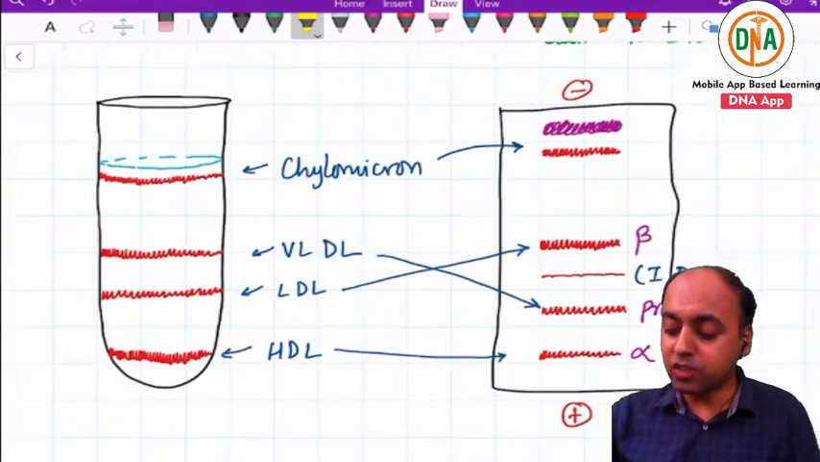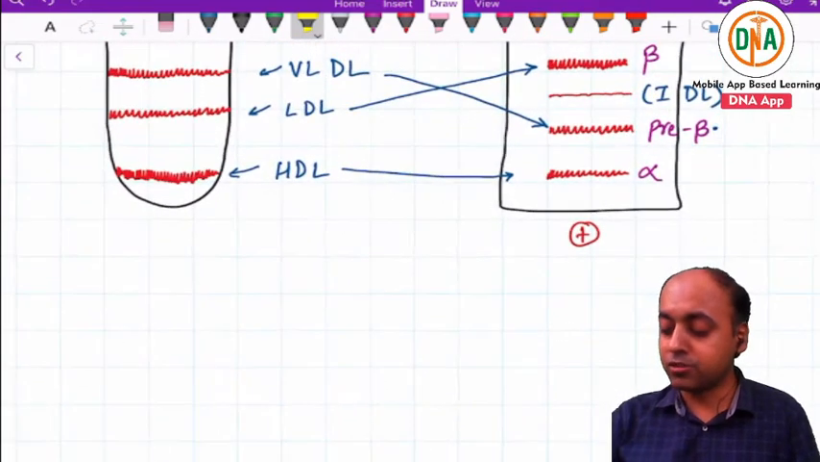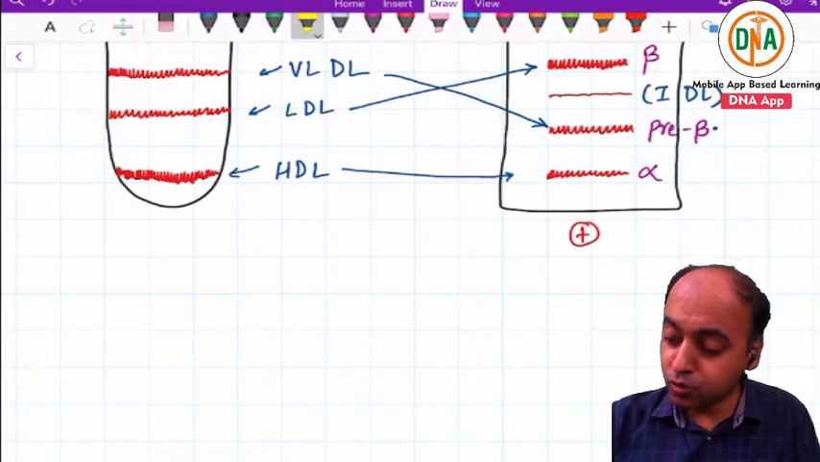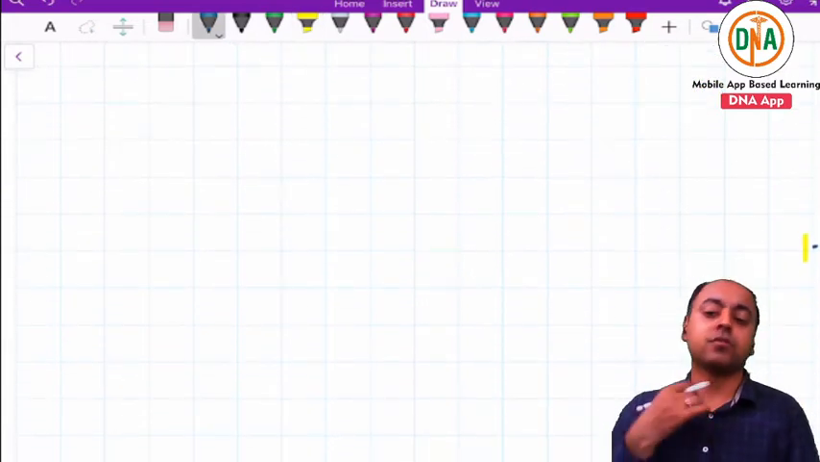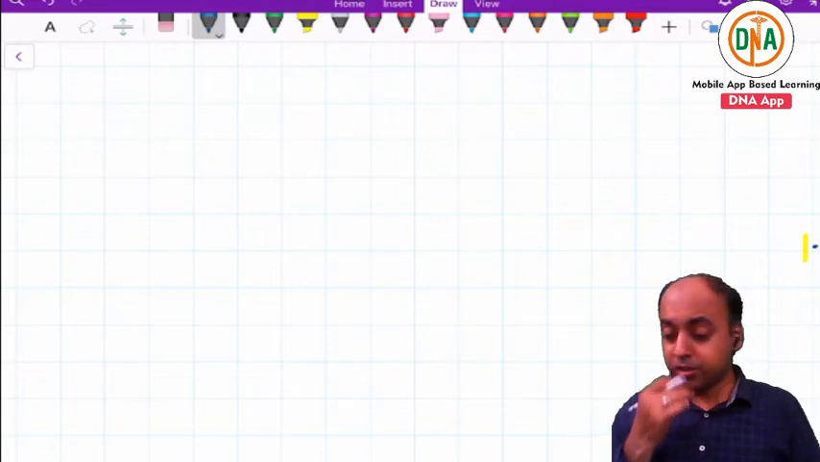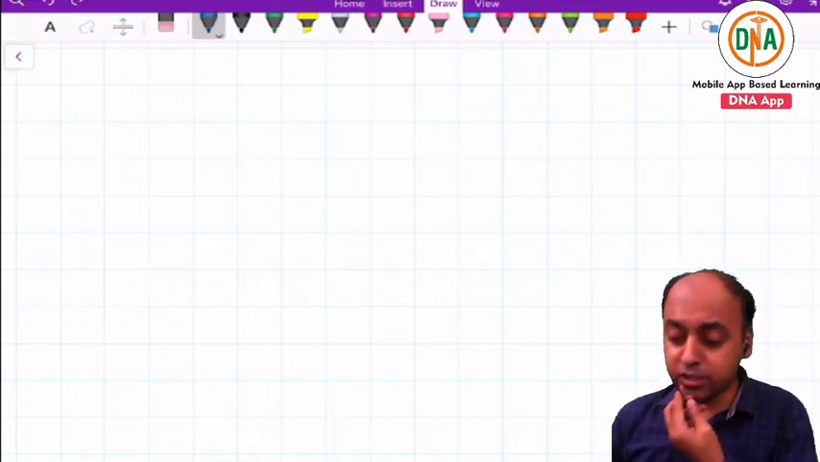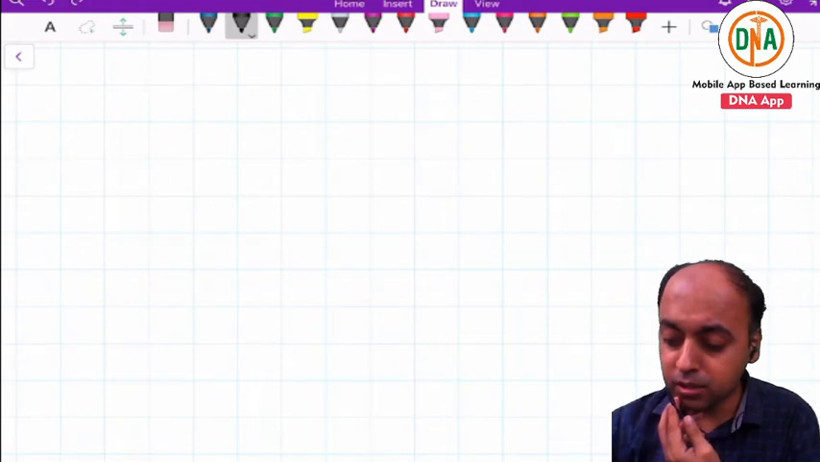Let's talk about some of the important points related to the lipoprotein. So what we'll do, we'll make a short table for the lipoproteins, and we'll describe various points for the lipoprotein in this table. What are those points that we are going to describe? Starting with the name,